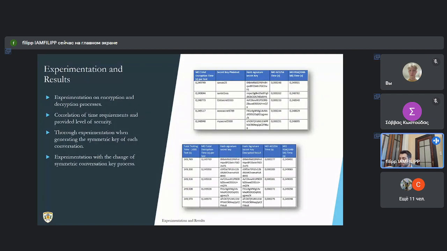The tables present test results regarding the processes of symmetric key encryption and decryption amongst the two supported algorithms, which of course are AES and RSA 2048 bits.